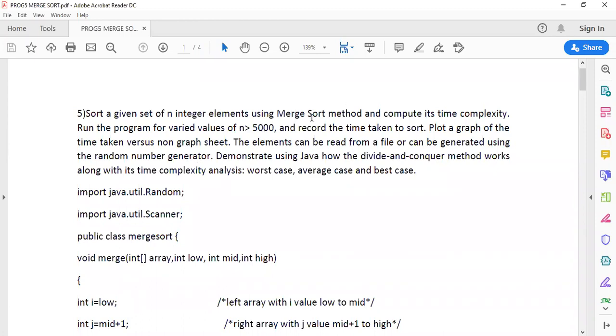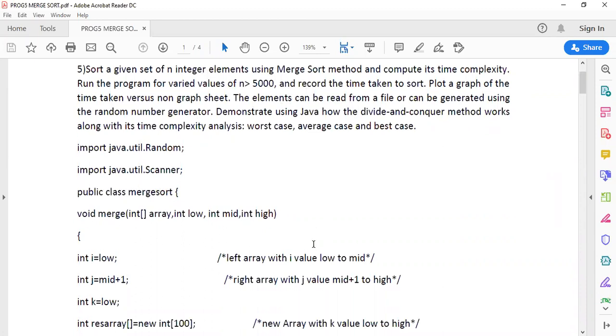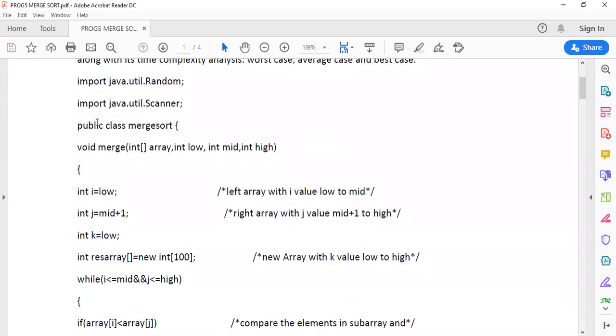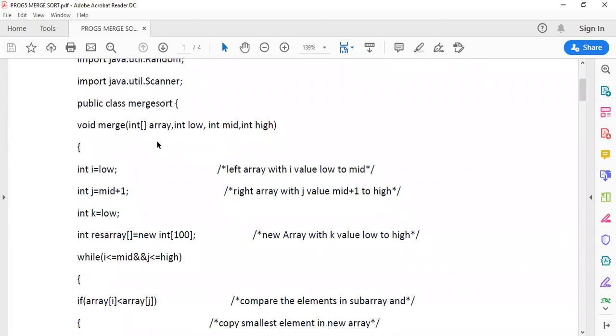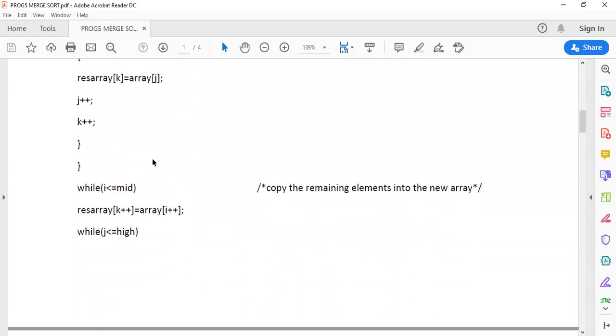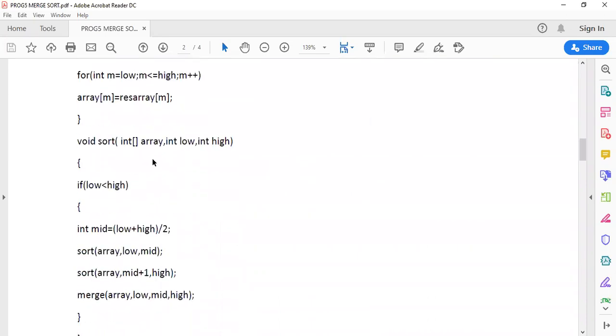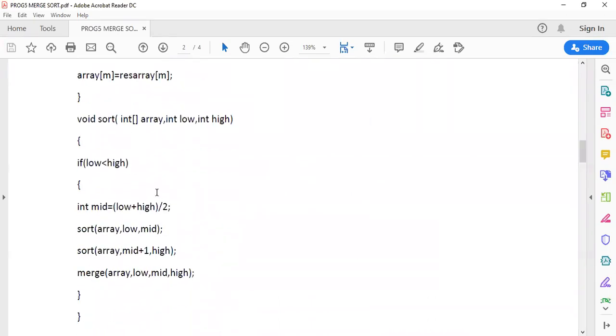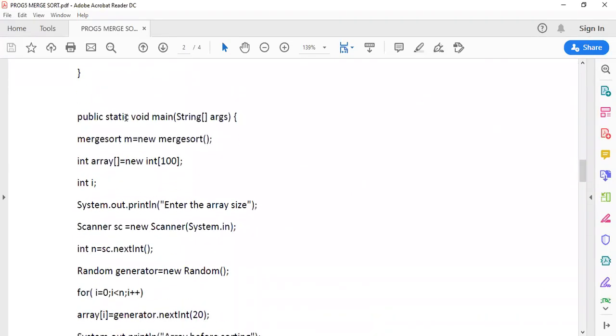It is the same as how we take inputs for quick sort, the same way we take here also. All the things are the same, but the logic differs. Going to the program, there is a class called merge sort, and here there is a merge function. After the merge function, there is one more function called sort, and there is a main program.